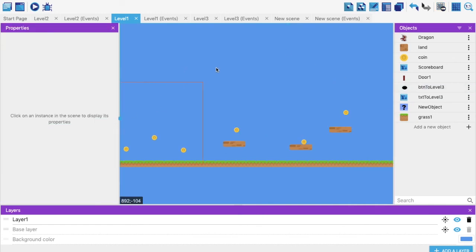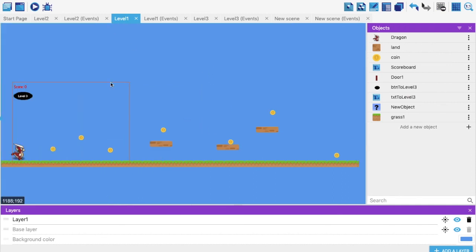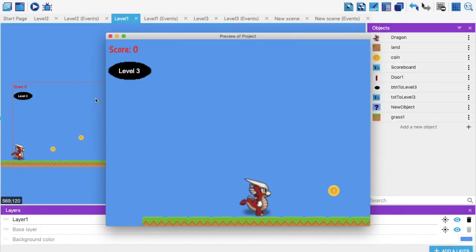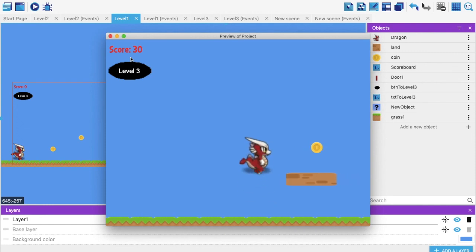So whatever I put on this new layer will not move along with the dragon. First let me show you how this looks now. So basically when I play now, see, what's happening? My dragon is moving, but because I have changed the layer of these objects, they will still remain there. So this layer thing is very important, guys. Otherwise, your game will not look very effective.